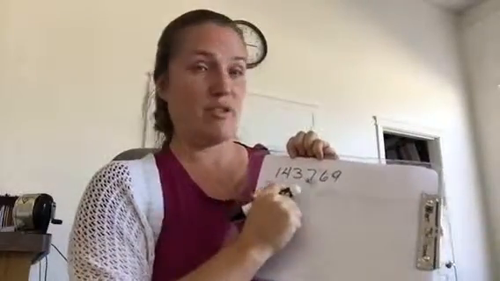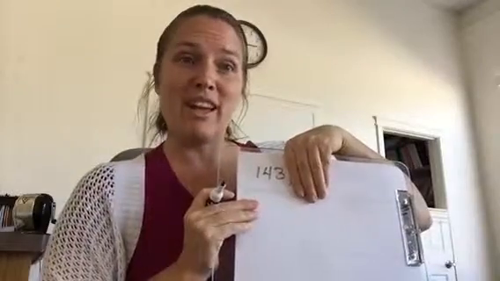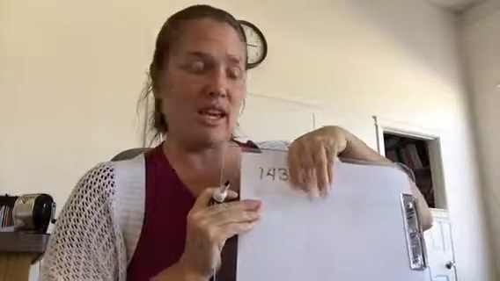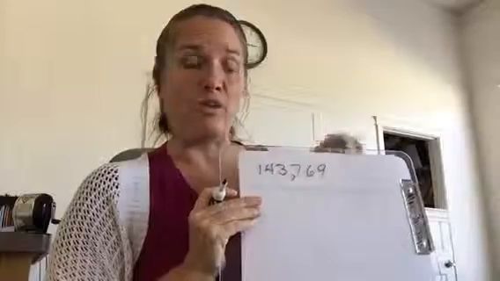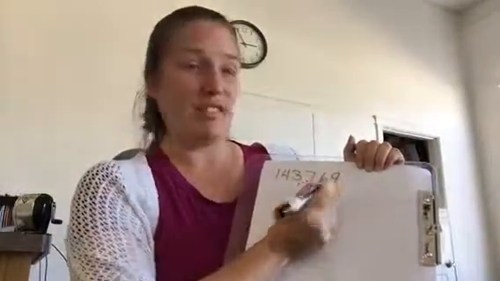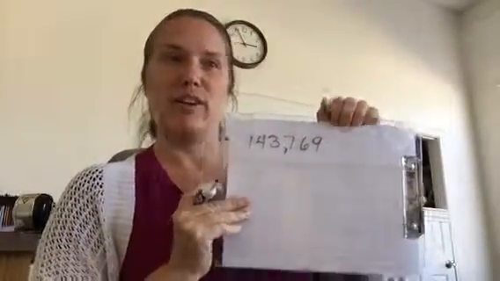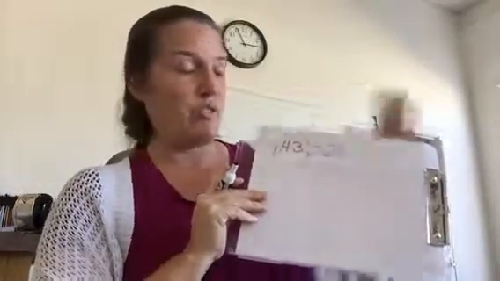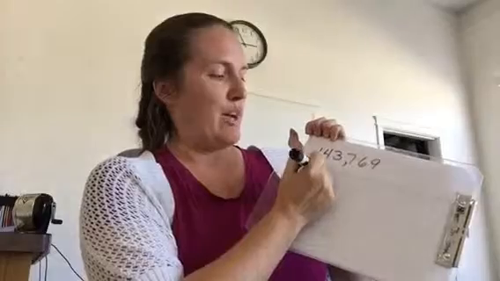This is the thousands group. So I would look at the thousands group and I would read 143 at the comma. I would say 1,000. 769. I'm going to show you how to write this. Again, I'm going to work my way to 1 comma. 143. So I will write